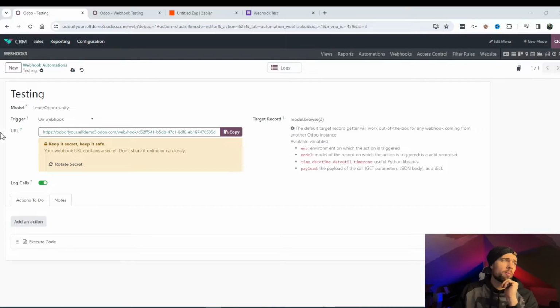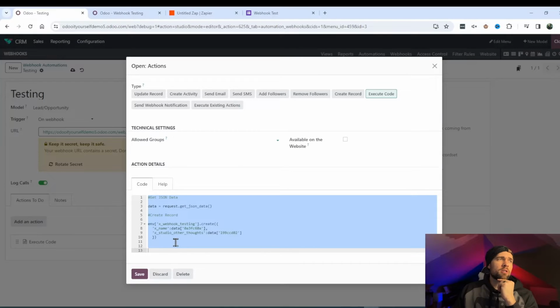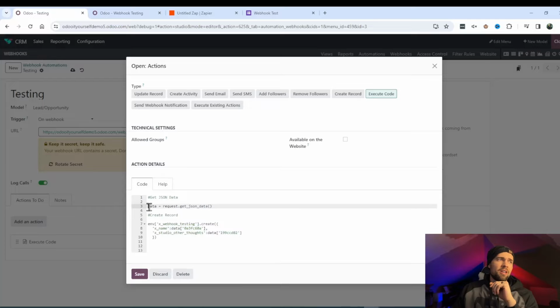So I've built this webhook automation. Target record, I've just set to something simple because we're not using the target record at this point. The big thing here is our execute code. So let me go into this. The most important piece of code here is data equals request.get_json_data. What this piece of code does is it allows us to change the JSON payload into a dictionary,